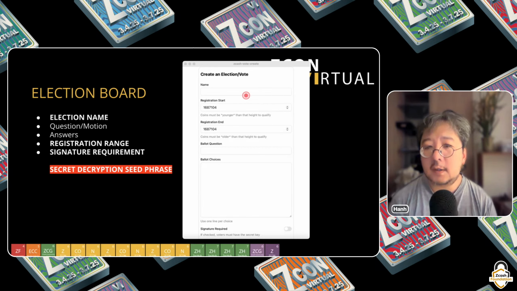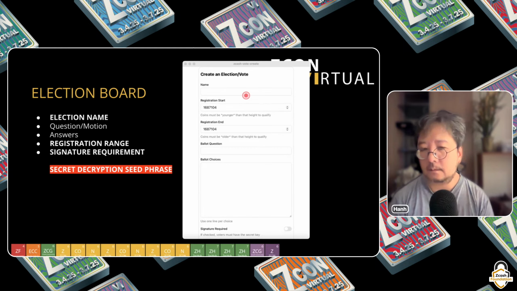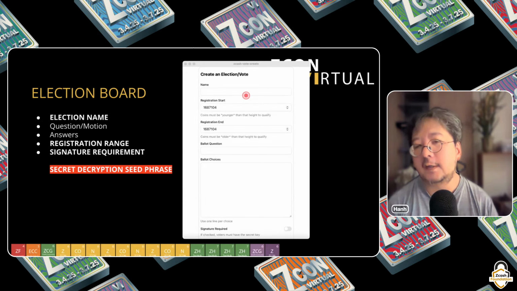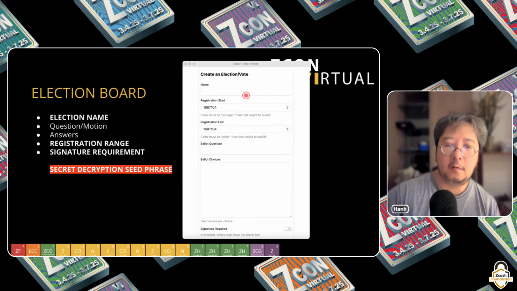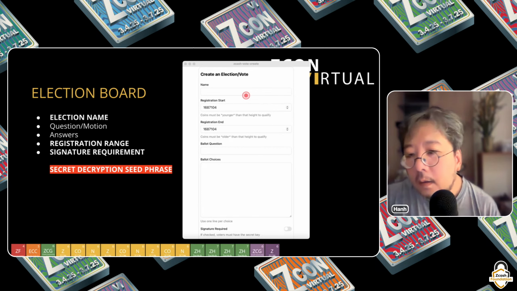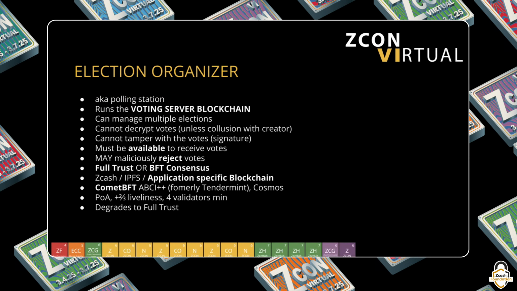So once the election board has decided and created the election file, they don't have to run the election itself. Right? So this is the role of the next entity, the next authority. Okay, so the next entity. All right. So now we are talking about the election organizer. The election organizer is